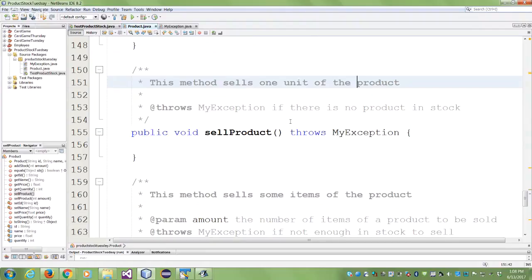So what should I check? What should throw an exception? Quantity should be greater than 0. Right? Your quantity should be greater than 0, only then can you sell. So let's write the negative, because negative kind of throws it and then you don't have to bother to write else or whatever. Okay, so if the quantity, now again, you can say get quantity if you like, you can